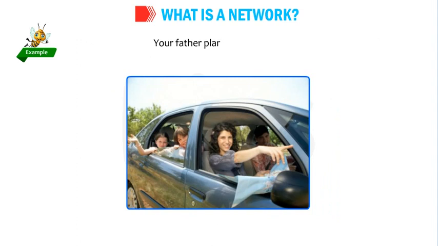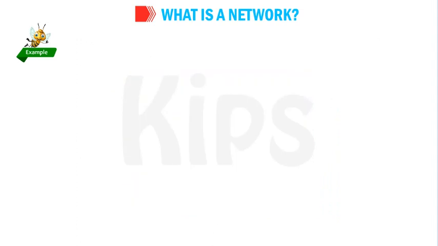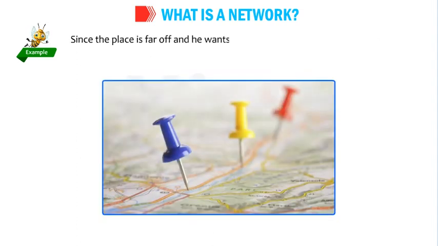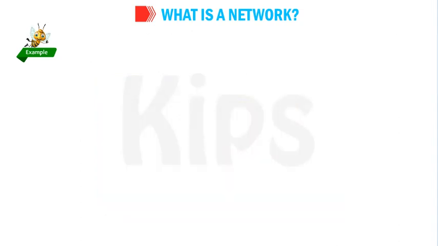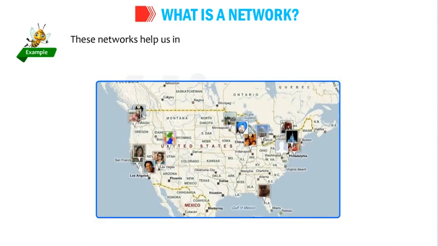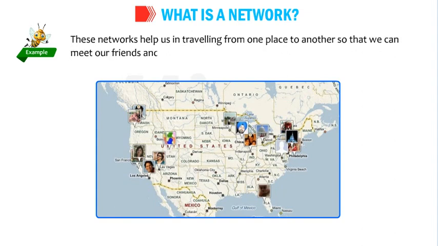Your father plans to go via car. Since the place is far off and he wants to travel by road, so he will take help of Google Map as it displays the areas connected through networks of roads. These networks help us in traveling from one place to another so that we can meet our friends and relatives